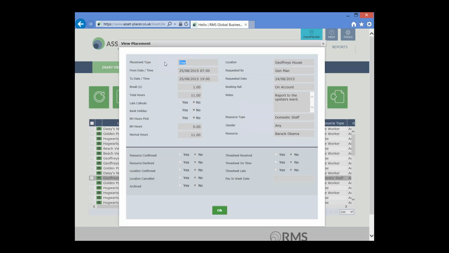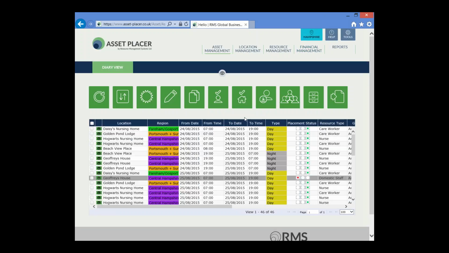It was a day shift from 7 AM to 7 PM, and the general manager there who phoned in wanted to request some domestic staff to fulfill placements for tomorrow, Tuesday the 25th, and through to the end of the week, Friday the 28th. We took a copy of that original to